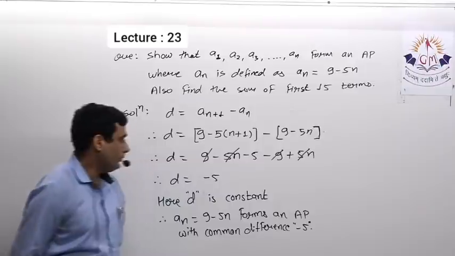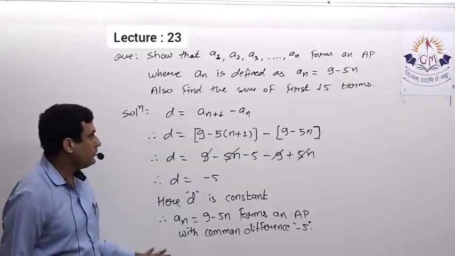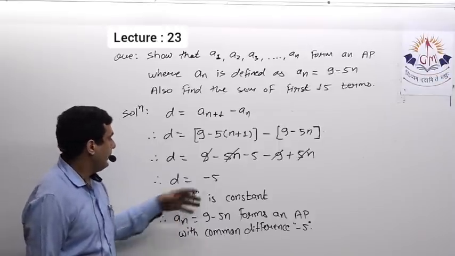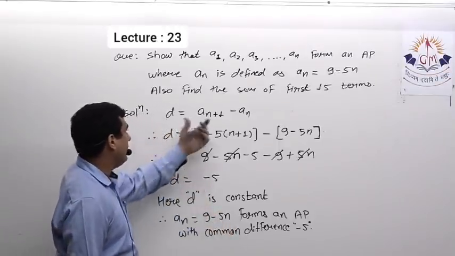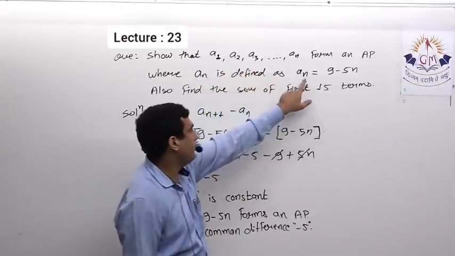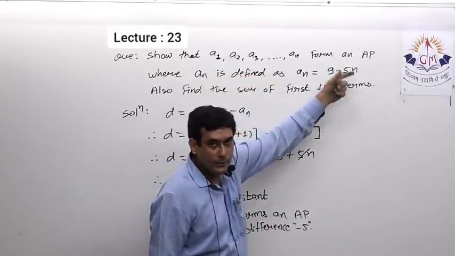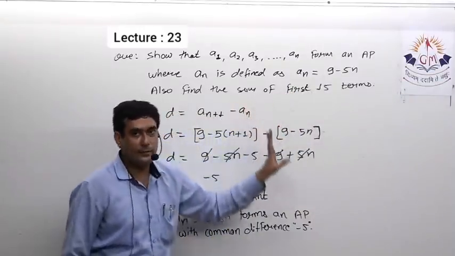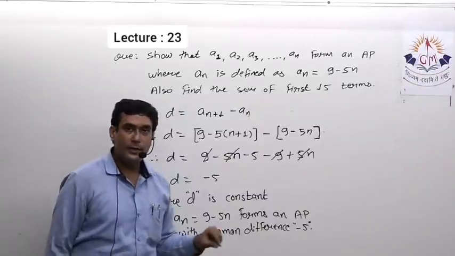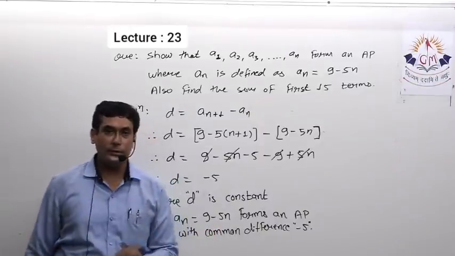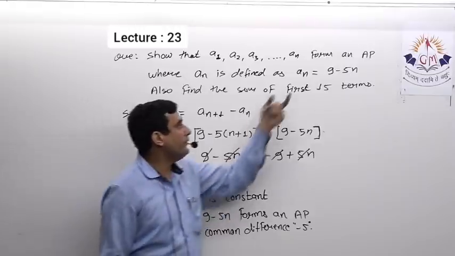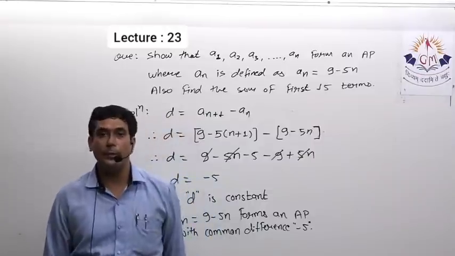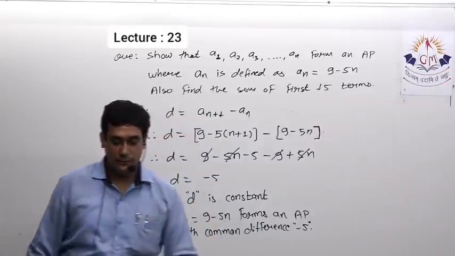Okay, so this is one more solution. Here we proved it, and it took very less time, as you can see. After getting d, a definitely you have to find in the same manner. By putting n equal to 1, you will get a1, that is a. So if you have a and d, definitely you can find Sn. Please note it down. Then after this I will give you a shortcut by which you will be able to identify whether an represents an AP or not, and what will be its common difference.